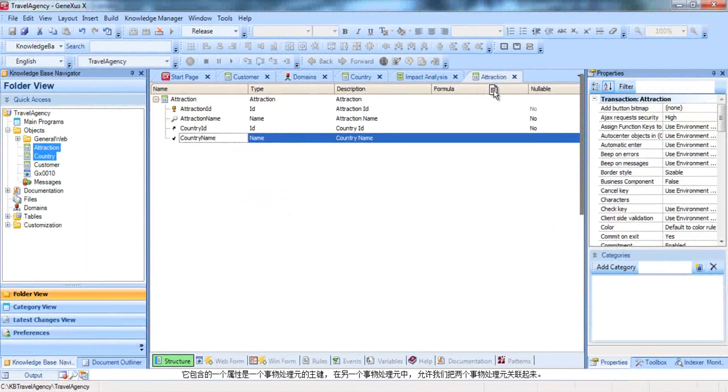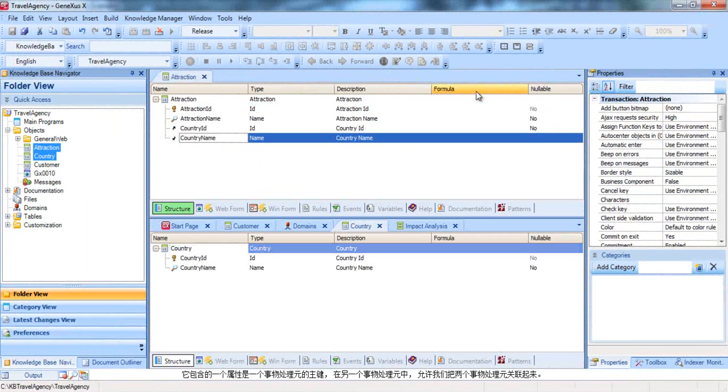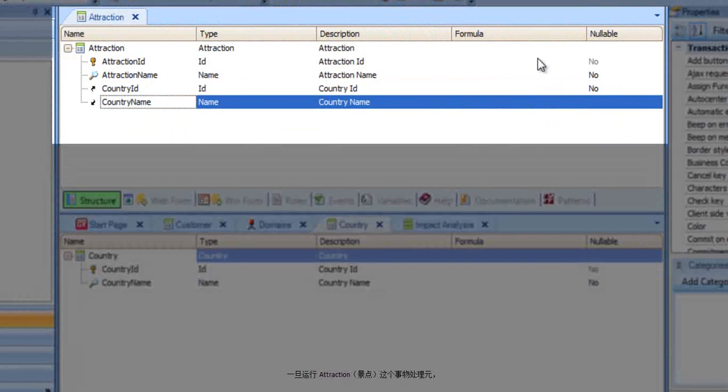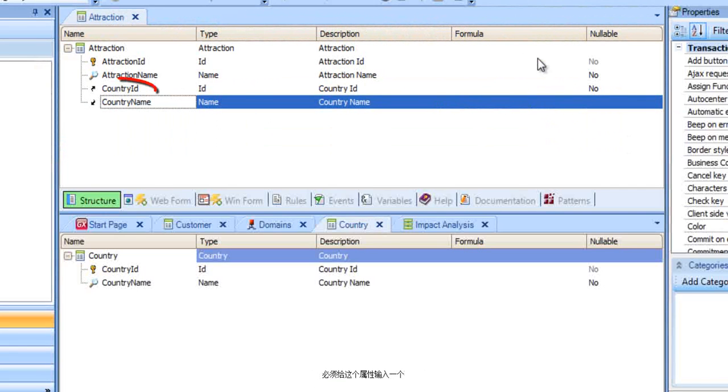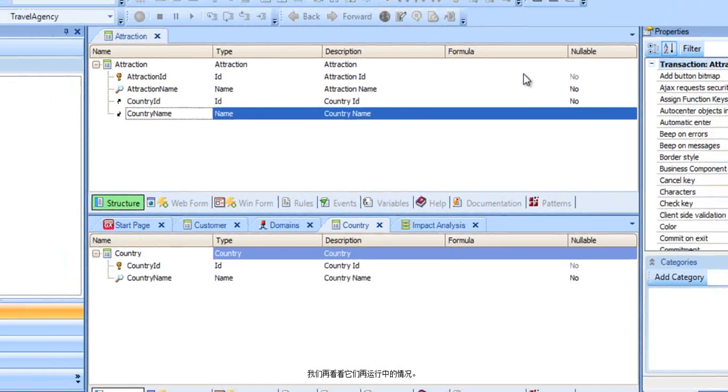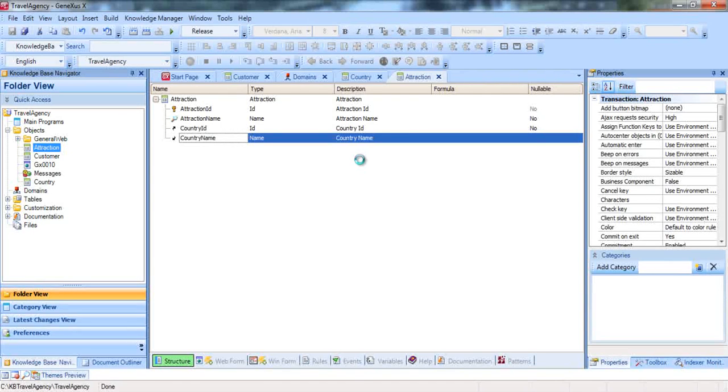Including an attribute that is a transaction primary key in another transaction allows us to relate both transactions. This means that, when executing the attraction transaction, for this attribute we'll have to enter a value that has been previously recorded through the country transaction. Let's see it at runtime. We press F5,